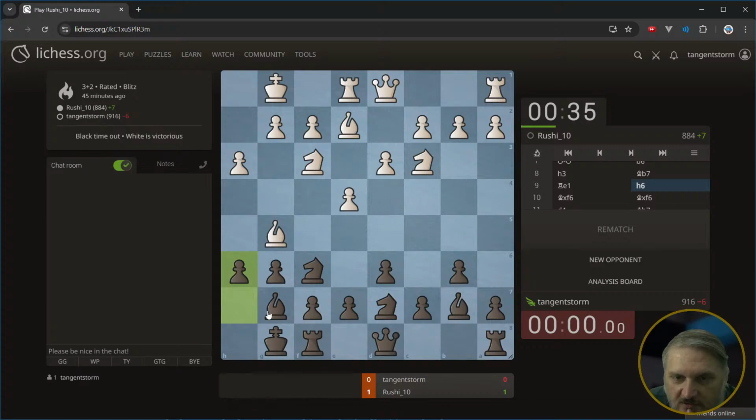Try and kick this bishop away. Can't take this pawn because I'll just take that and he's not protecting it. So I think he moves his queen down. Oh, he took my knight. Okay, so